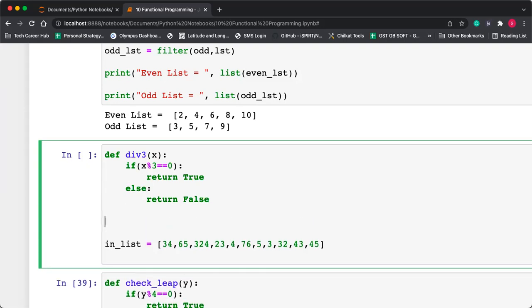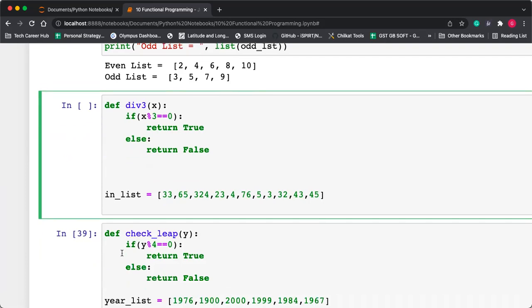Getting that? Okay, so yes, if I'm providing this 34 to x, it will return true or false? False, because 34 is not divisible by 3. Okay, if instead of 34 it is 33, then yes, it will return true. So yes, I want to filter out these particular inputs. So how to filter out? Yes, you can check one by one. 33, yeah, it is true, include. If it is not, do not include, like that.